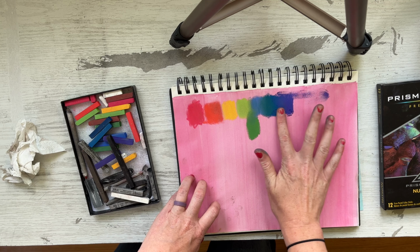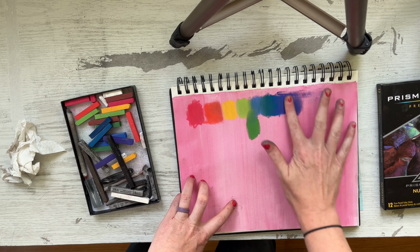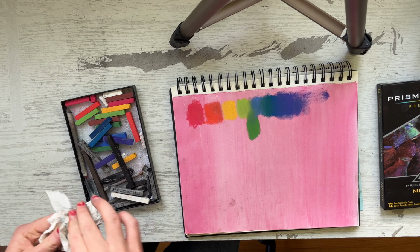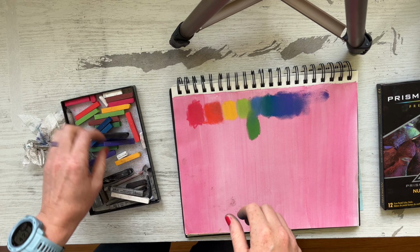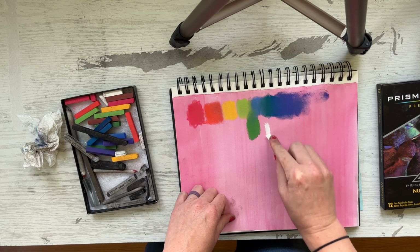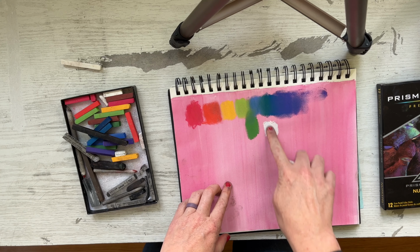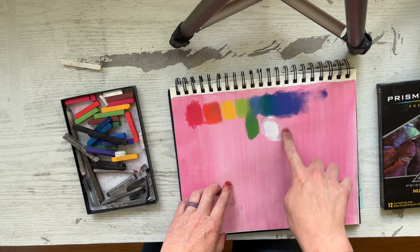Sometimes I do like to try and pick up all the little pieces and then smoosh them into the paper. See, this one, the purple on red isn't my favorite. Then you have the white. The white really pops on everything except for white paper. So it doesn't look bad, but